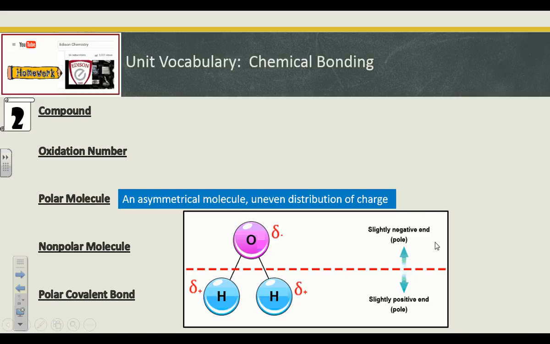One side of the molecule has oxygen, the other side has 2 hydrogens. As a result, it has slightly negative and positive ends, depending on the electronegativity values for the elements. Oxygen's electronegativity is higher than hydrogen, so it pulls the electrons towards its side because it has a higher effective nuclear charge. It pulls all the electrons in that bond towards it more often, so we get a polar